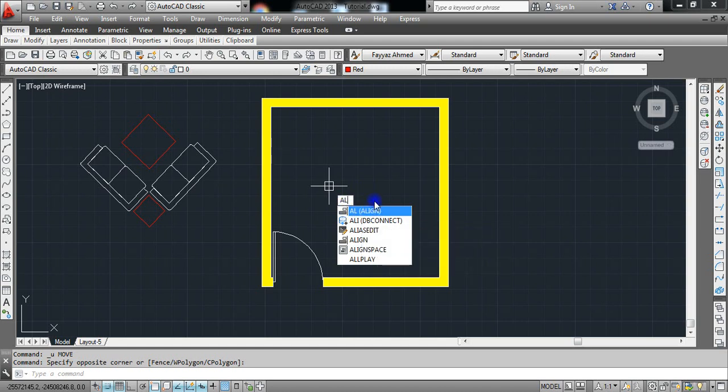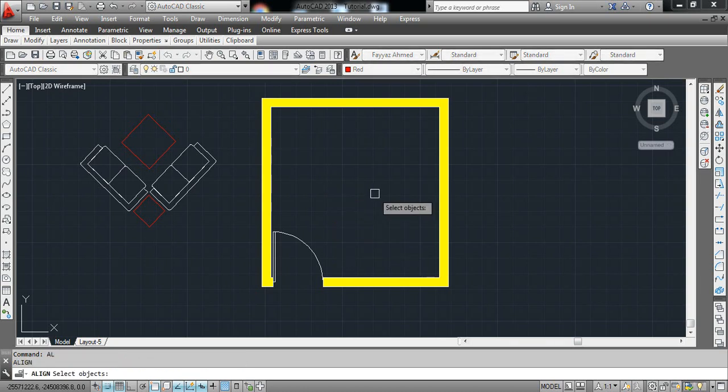Okay, here align specify second source point. Okay, then I will click here for the second point and click here, then press enter. Here it asks whether you want to scale objects based on alignment points. Here we will select no, click on no. Okay, you can see the sofa set is perfectly aligned with this